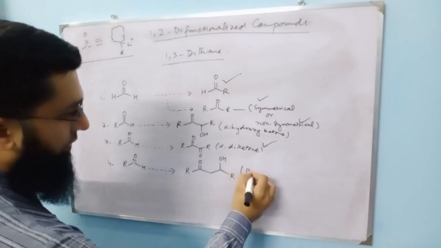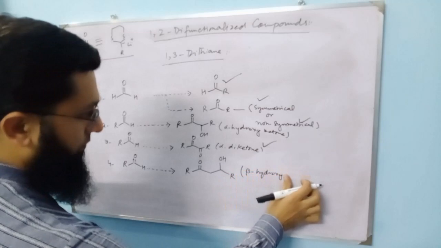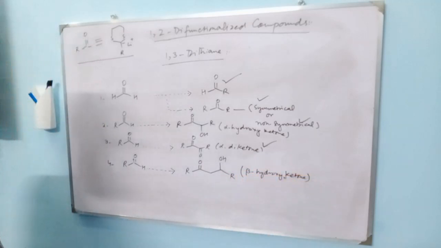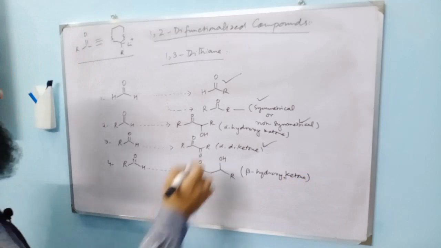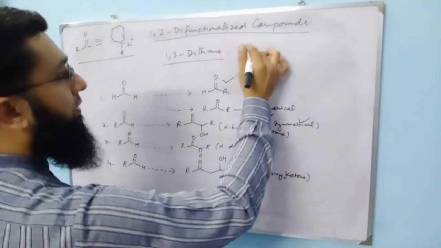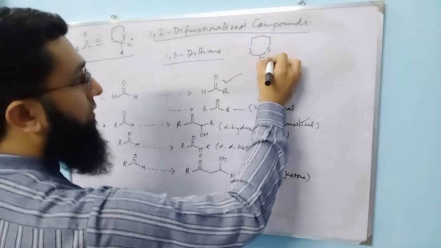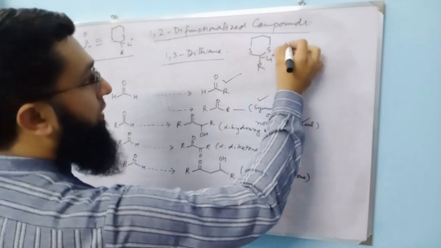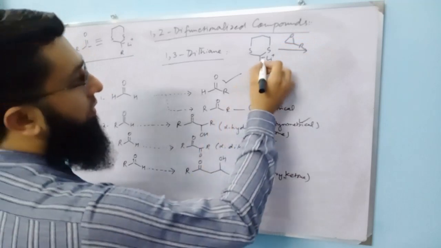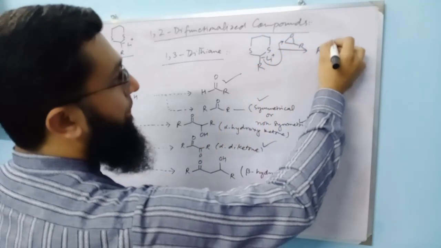Beta hydroxyketone, and how would this work? We can use Corey-Seebach reagent, as we have prepared a number of times, so now we can use directly negative, lithium positive, and we will allow it to react with epoxides, and it will attack here, and after the reaction is quenched we will get